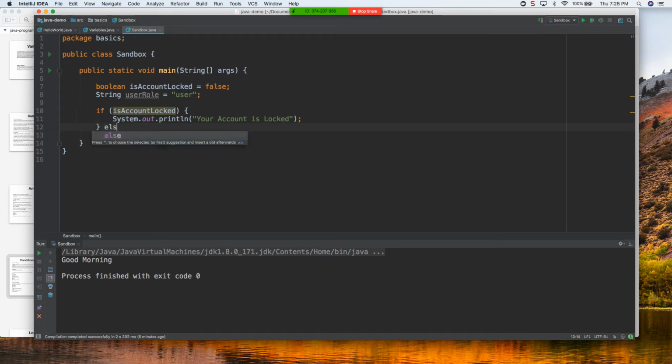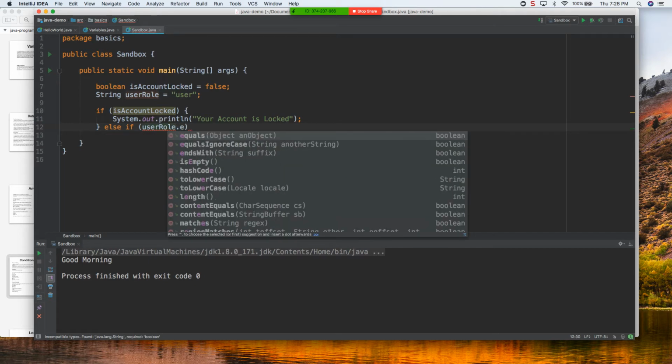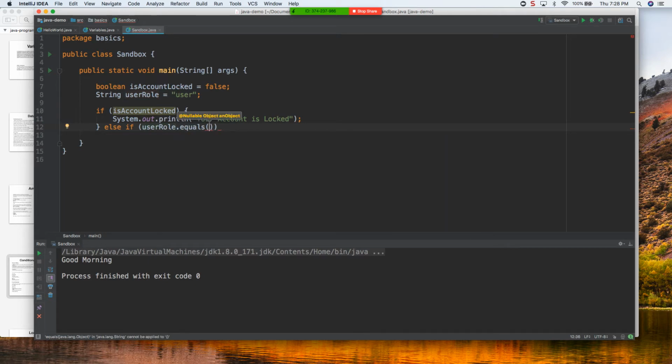We can say, well, else if, we can say user role dot equals admin. You might want to do equals ignore case, right? Someone could put uppercase, lowercase, mixed, so we'll just ignore their cases because that's not what's important here. And then we'll say